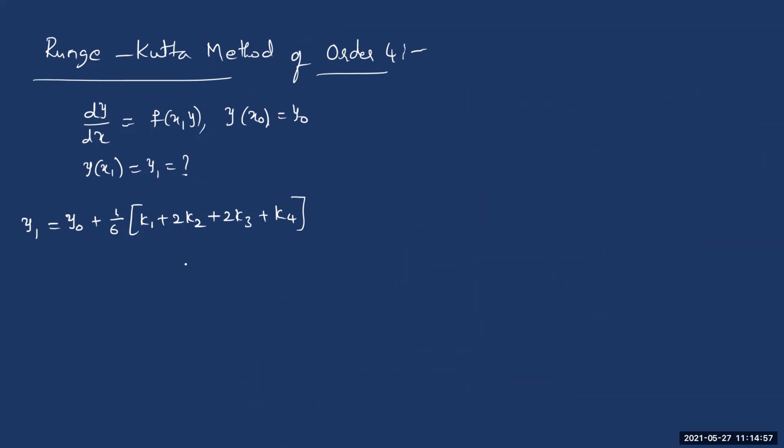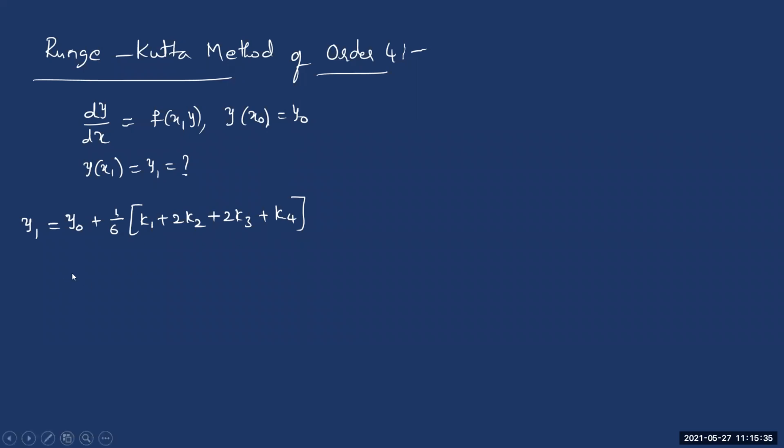Understand, we are taking slopes at 4 different points. That's how we got k1, k2, k3, k4. But we are adding little higher weights to some of the slopes here. We are taking one part of k1, 2 parts of k2, 2 parts of k3, and one more part of k4. That's how we are totally taking 6 different values, and when you take the average of these 6 values, you get a 6 in the denominator. So we normally call this a weighted average. In the Runge-Kutta method, instead of taking a regular average, they are taking the weighted average.